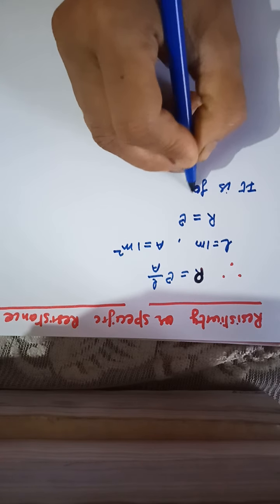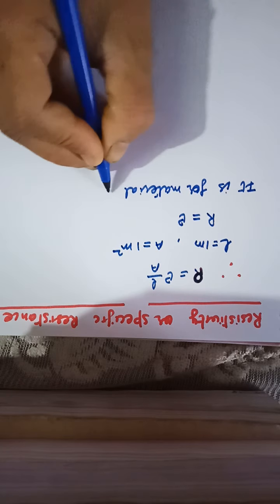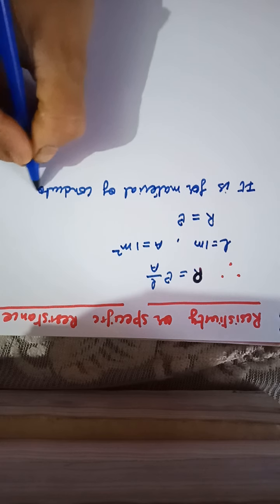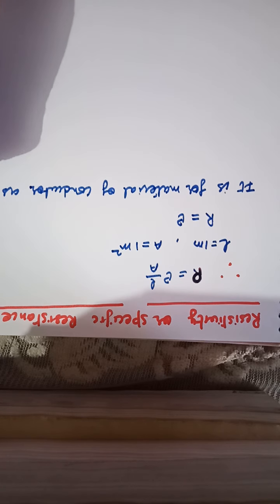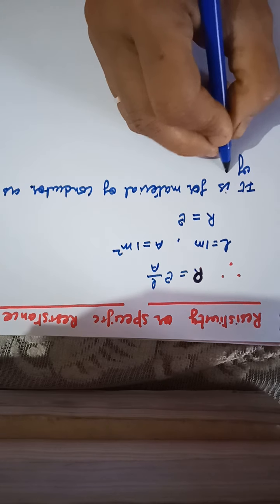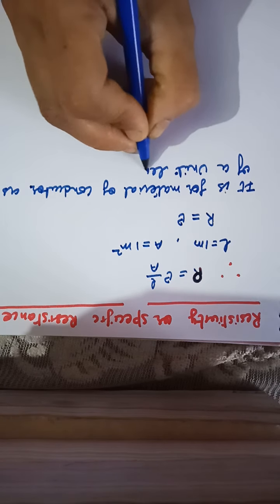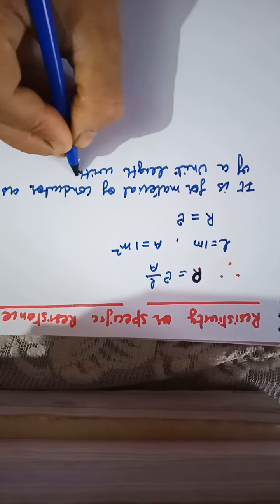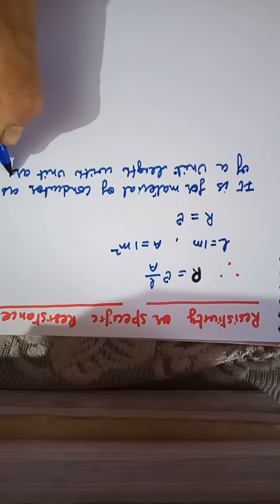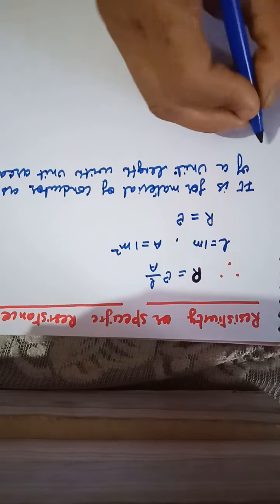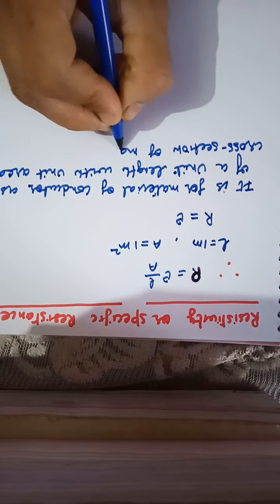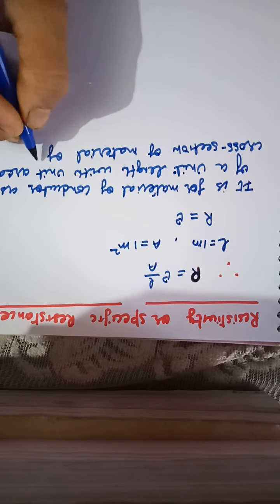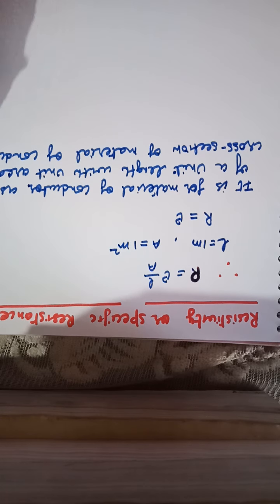It is for the material of a conductor, defined as the resistance of a unit length with unit area of cross section of the material of the conductor. Okay children, so this is